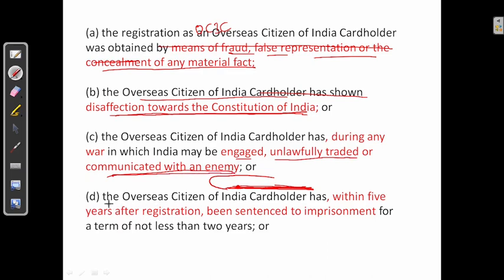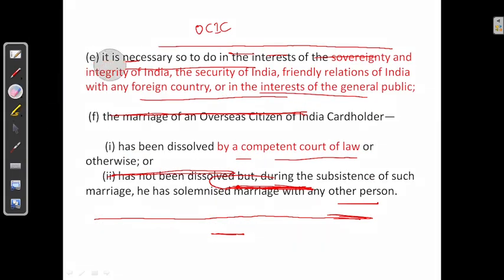Next, within 5 years after registration, he has been sentenced to imprisonment for a term of not less than 2 years. If a person, within 5 years of his registration, is sent to jail for a period of not less than 2 years, then also his OCIC will be terminated. His OCIC will be cancelled by the central government. Okay, next,